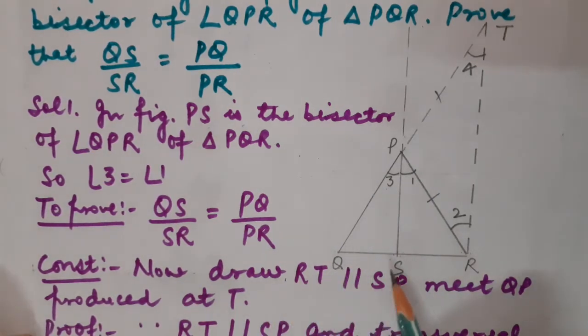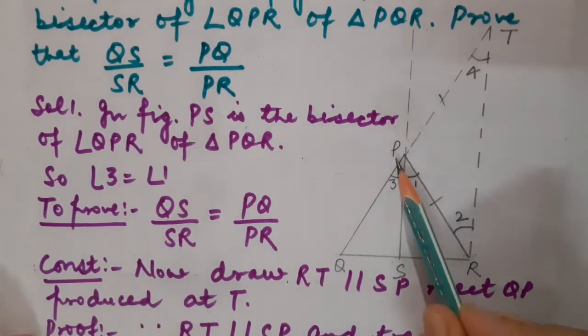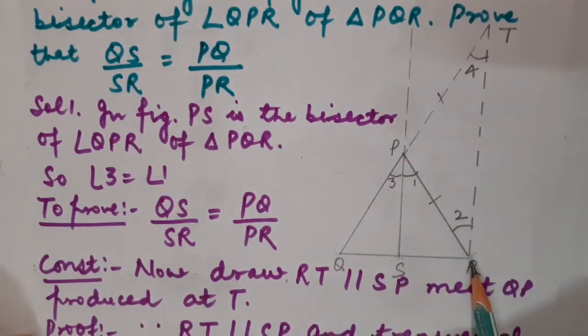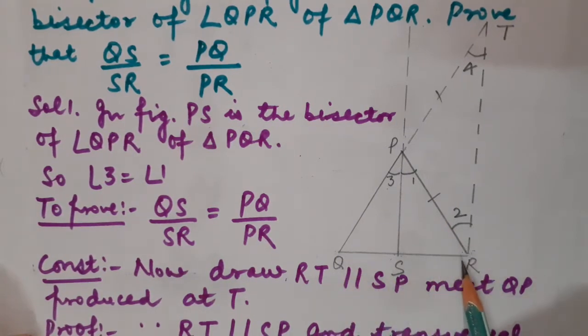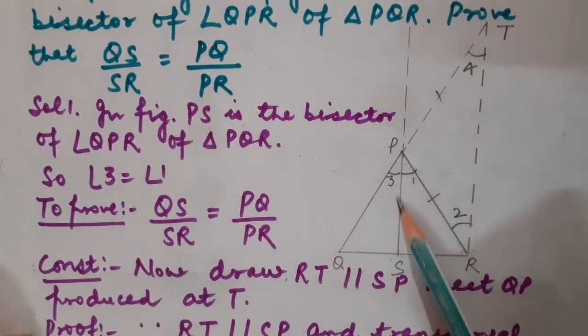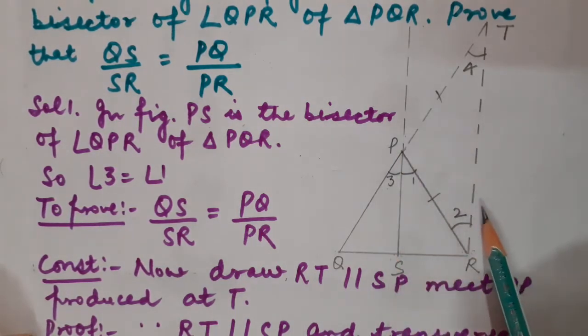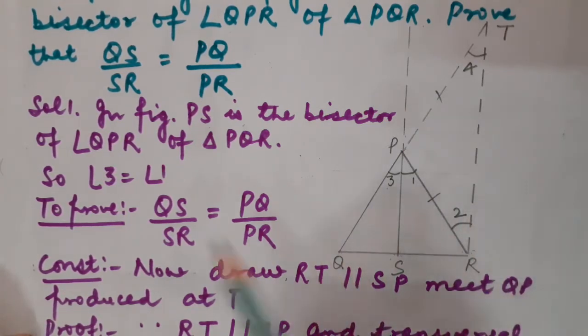While looking at the diagram, when I marked that QS upon SR is equal to PQ upon PR, which we have to prove, something may have struck in your mind: if this line PS is parallel to some different line which we can take in construction, then definitely to prove this expression we will have to apply the basic proportionality theorem, which was the very first concept of this chapter. So let us see what I am going to apply to prove the required result.